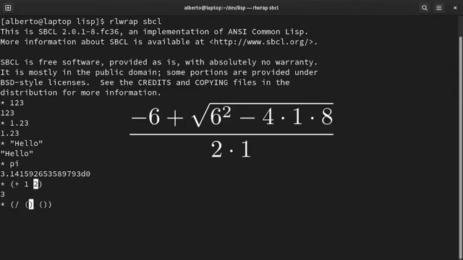In the numerator, we have the sum of minus 6. In this case, there is no space between the minus and 6, so this is treated as a negative number. Plus the square root